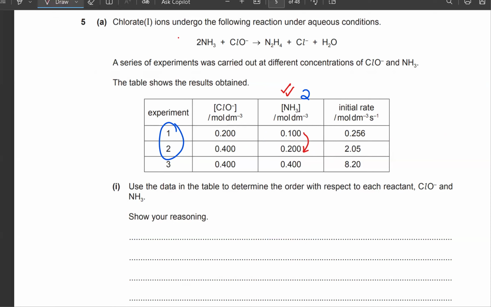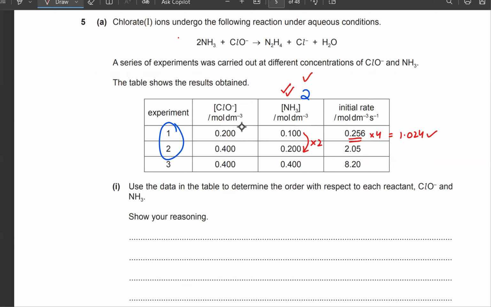This is being doubled, right? Yes. So order 2 means that the rate of the reaction will become 4 times, right? Yeah. So it should become what, 1.024, right? Is that clear? Okay. What I've done is I've factored in ammonia because I already knew what ammonia was doing, right? Now,